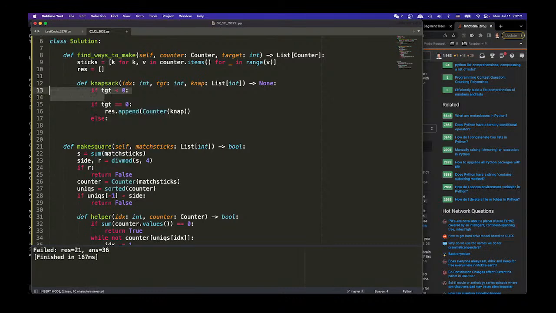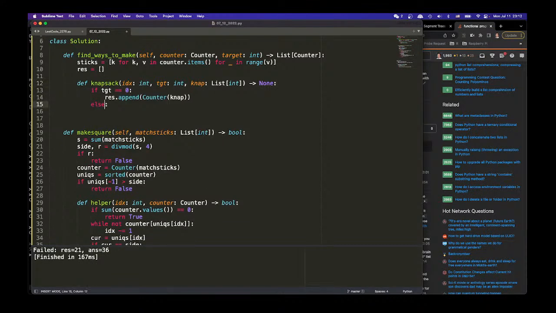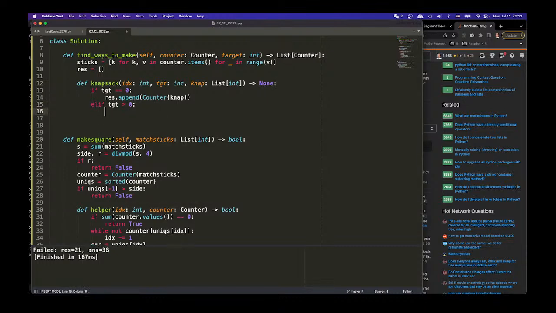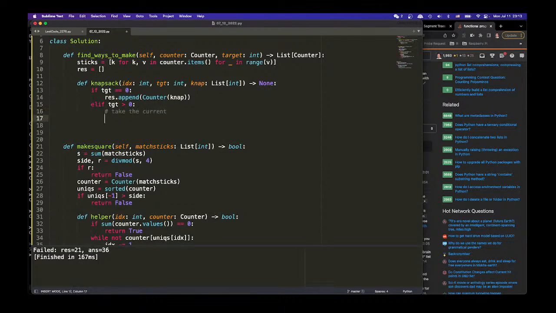Although we don't even have to consider that. When target is larger than 0, there's a chance we can do the current one, and we simply say take the current, right? Just say knapsack index plus 1, target minus sticks index, and then